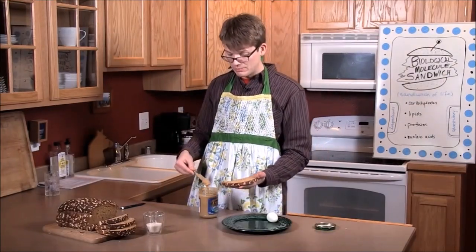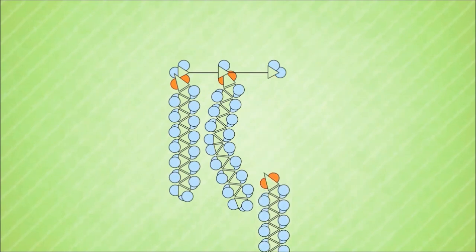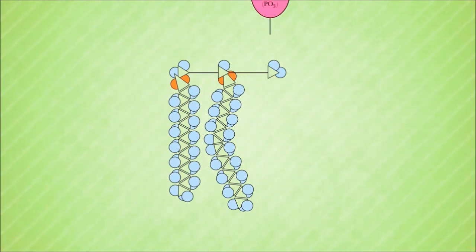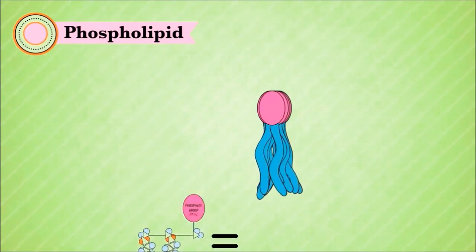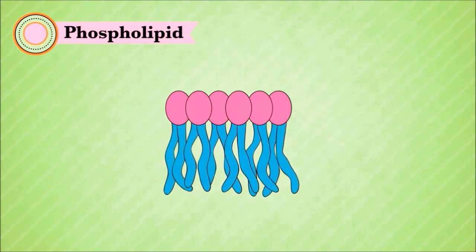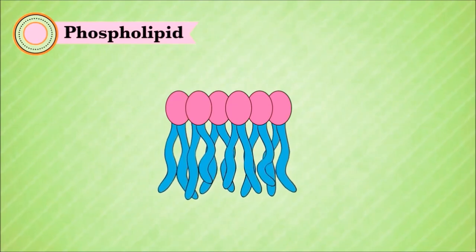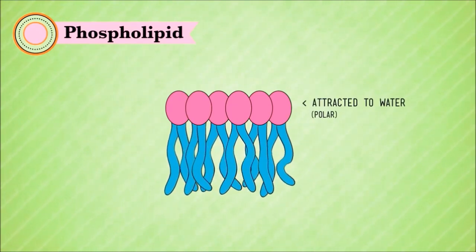All this is starting to make me pretty hungry. But before we get to more food stuff, there are some unappetizing sort of lipids that we also need to talk about. So remember that triglycerides are 3 fatty acids connected to a glycerol. Swap one of those fatty acids out for a phosphate group and you have a phospholipid. And these make up cell membrane walls. Since that phosphate group gives that end a polarity, it's attracted to water.